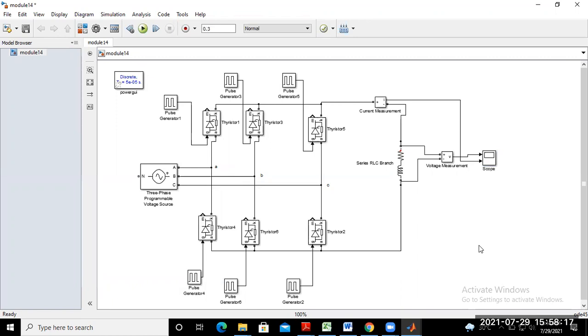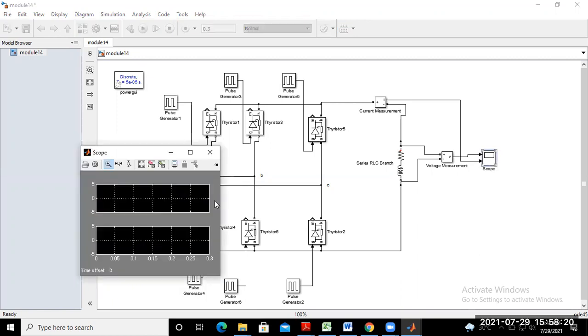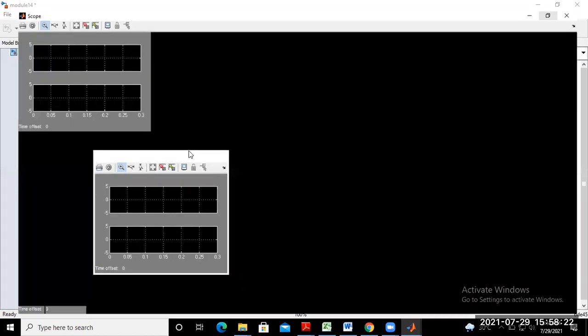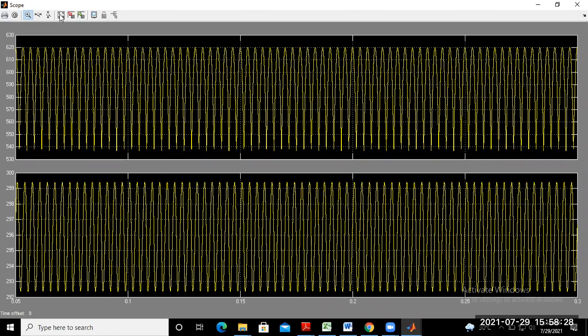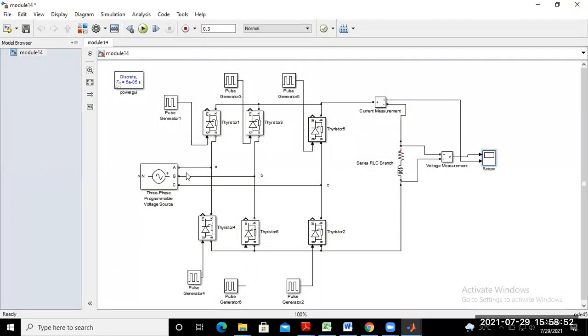If you click on the scope, you can go to autoscale. So this is the output voltage waveform, that means whatever I showed in the earlier class, and the corresponding one is your output current. These are the various line voltages VAB, VCA, VAB. If you connect the 3 voltmeters of the line voltage here, you can also check the input voltage waveform variation here.